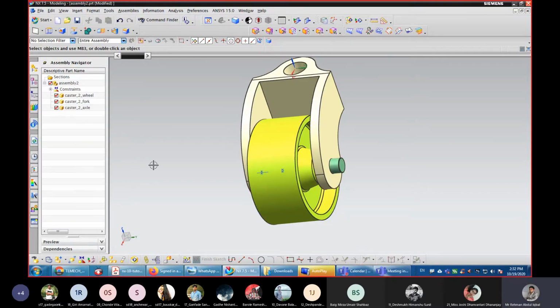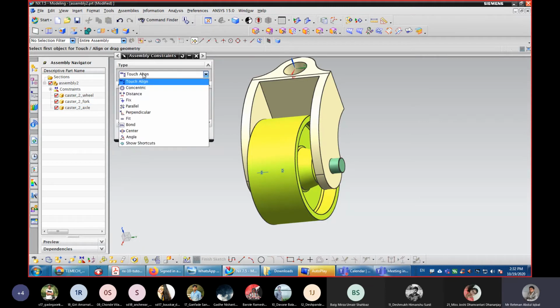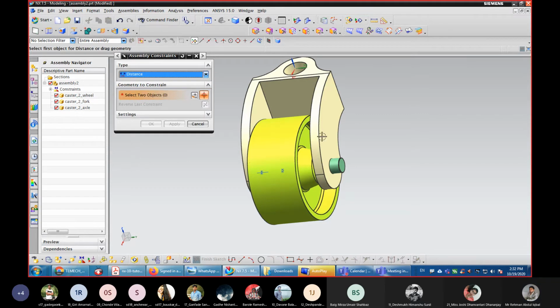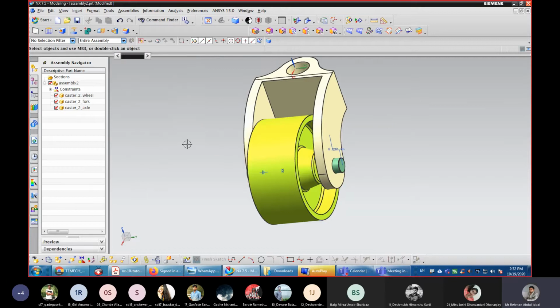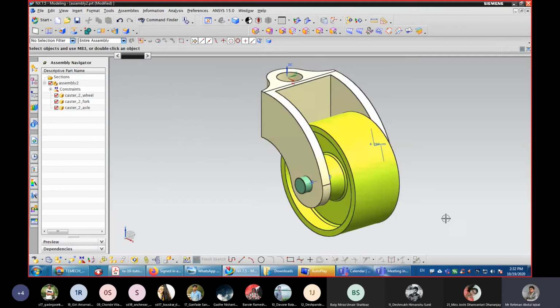axle. ठीक है. So again go to constraints and here you select distance and select this face and this face. Here distance 8.62 अभी है, इसको कर दो 6.09. क्लिक ओके. अभी यहाँ पे देखो,